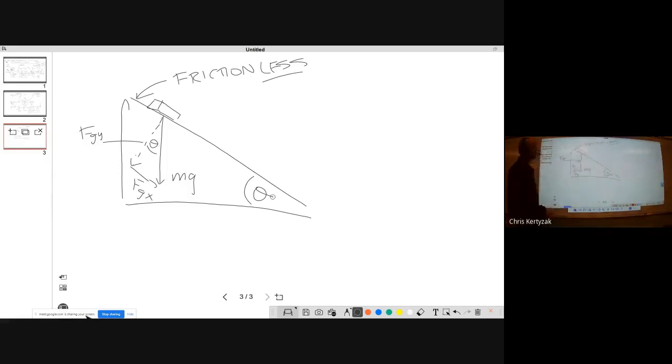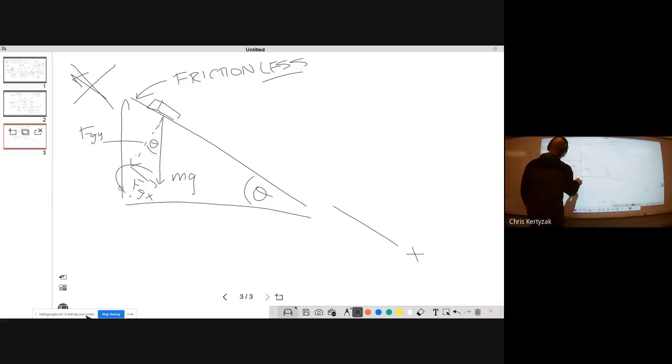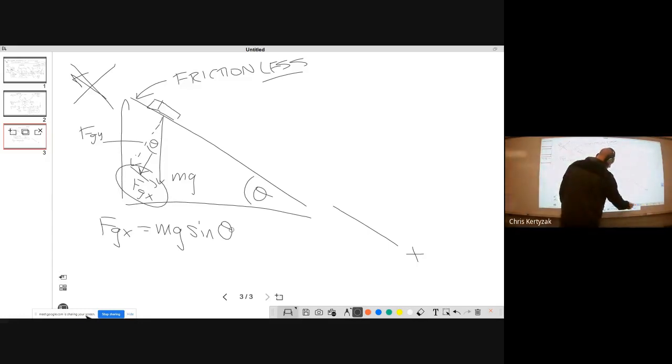And if someone said determine the linear acceleration of the block sliding down a frictionless ramp, since there's no friction up the ramp, the only force parallel to the x-axis, which again goes this way, is FGX, right? And remember, since that's opposite to theta, that's going to go with sine. The format is always the hypotenuse, which in this case, the vector that represents the magnitude of its weight, magnitude of the Earth's gravity force,